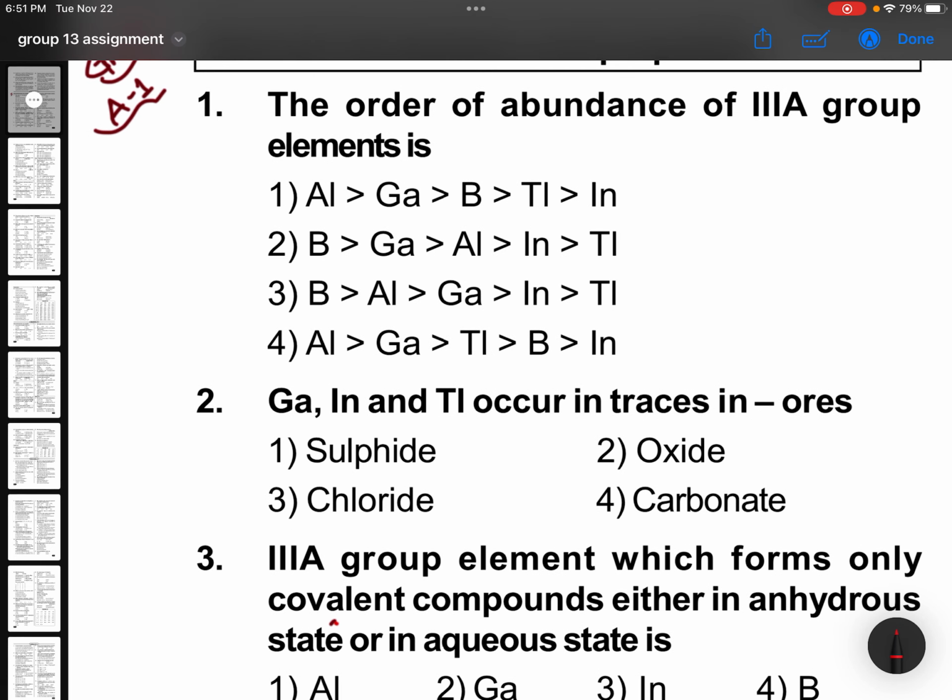The order of abundance of third A group elements is boron, aluminium, gallium, indium, thallium. Aluminium is the third most abundant element in the earth's crust. So aluminium is the most abundant metal, from the metals point of view, number one. So here the right option is